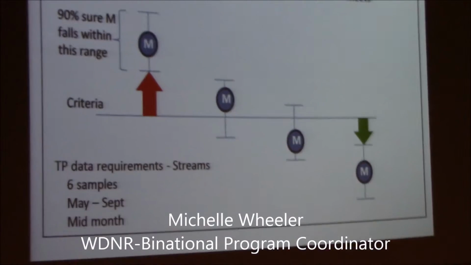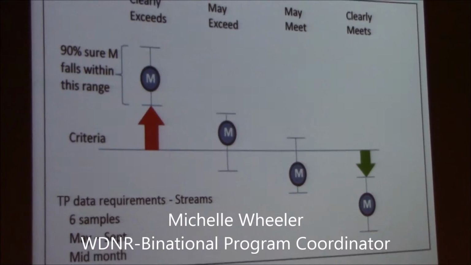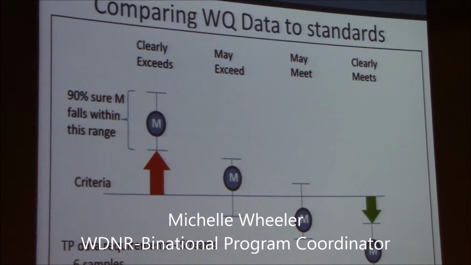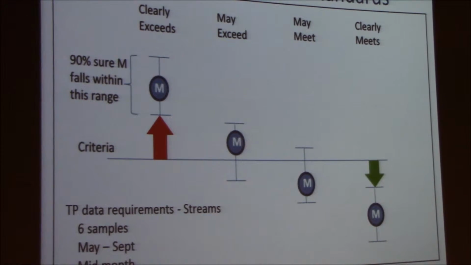So how do we look at that in terms of the standard, 75 micrograms per liter? But it doesn't mean that if we exceed that once, a water body is impaired or listed. We understand that those levels of phosphorus are going to vary over time. And so what we do to identify if there's a consistently high enough level of phosphorus that we think there's